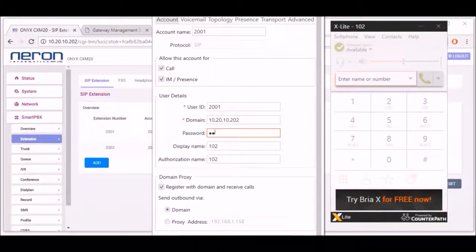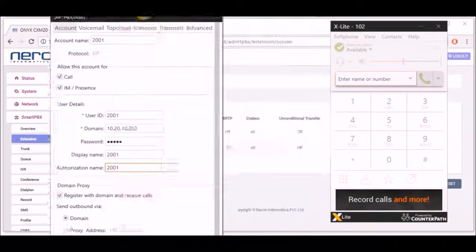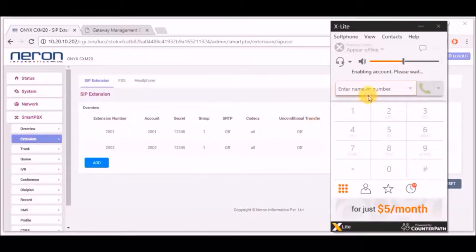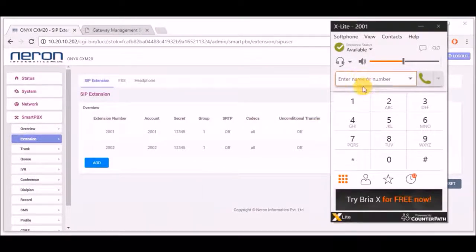Password will be 12345. Display name 2001. Authorization name 2001. So I have to save it by clicking OK. Now see, it is registered and it is available for calling.